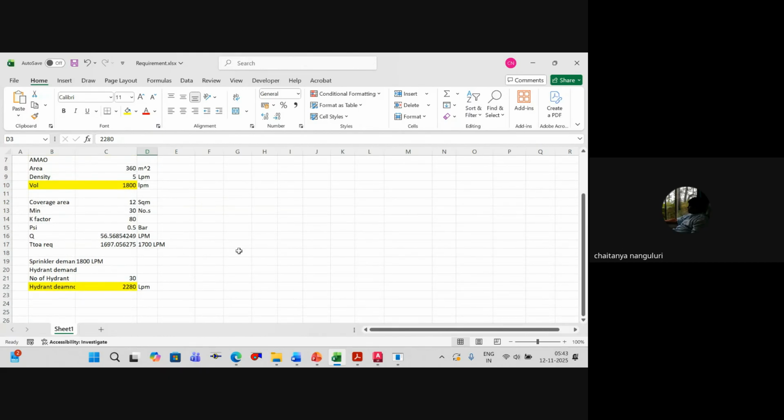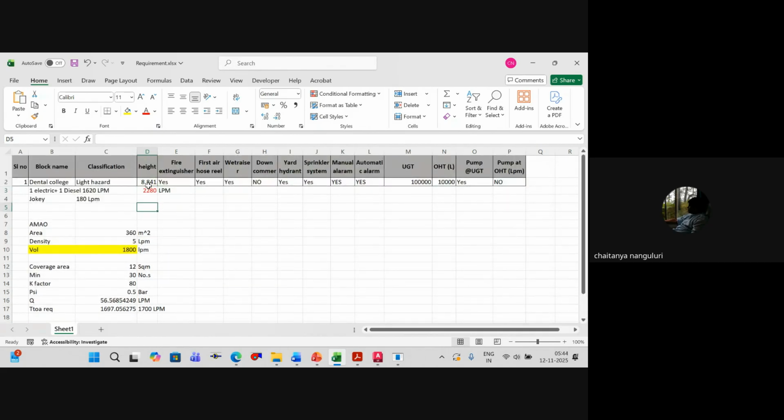Now, coming to the next element that we have to worry about: tank capacities. If the tank capacity is there as per table 7, which is clear for us, we need not worry. If it is not there or if there is any ambiguity, then you can go as per pump requirements. So, as per pump requirements, if you see,